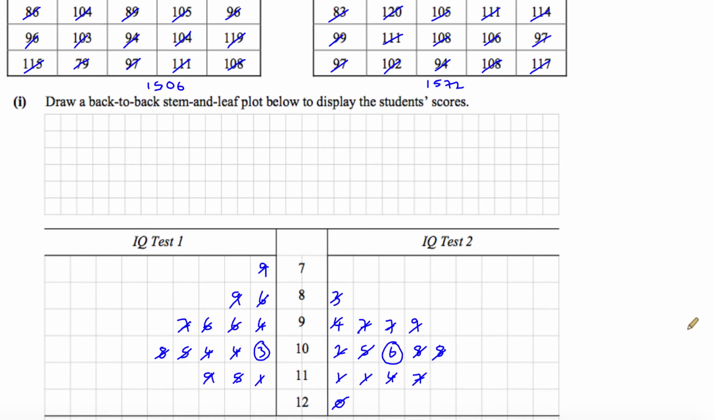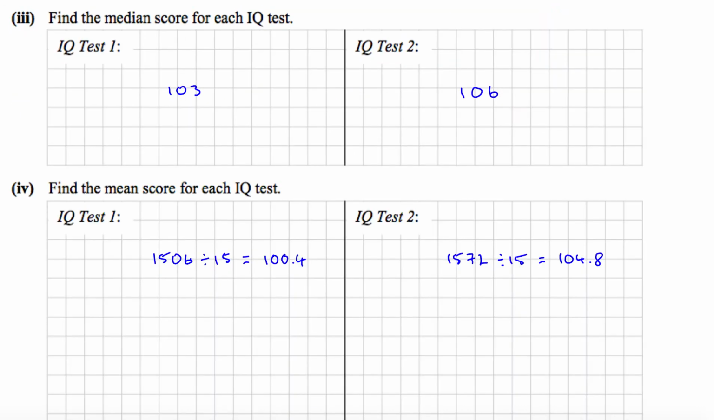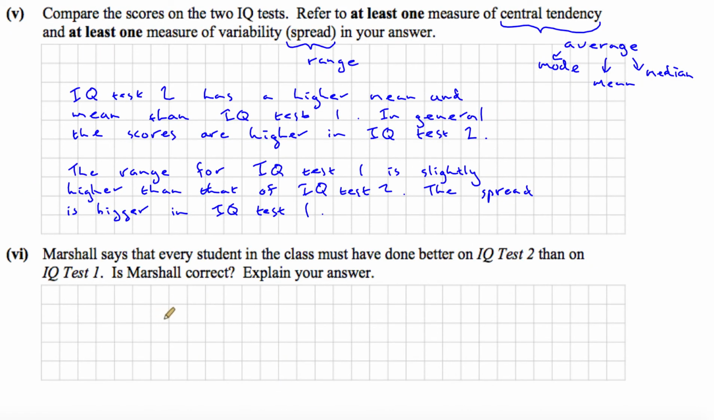So that means that somebody could potentially have got 119 in IQ test 1 and they could have got less than that in IQ test 2, so they could have got any number less than that. So that's what we need to say. The answer, is Marshall correct? No, he's not correct. And the explanation is